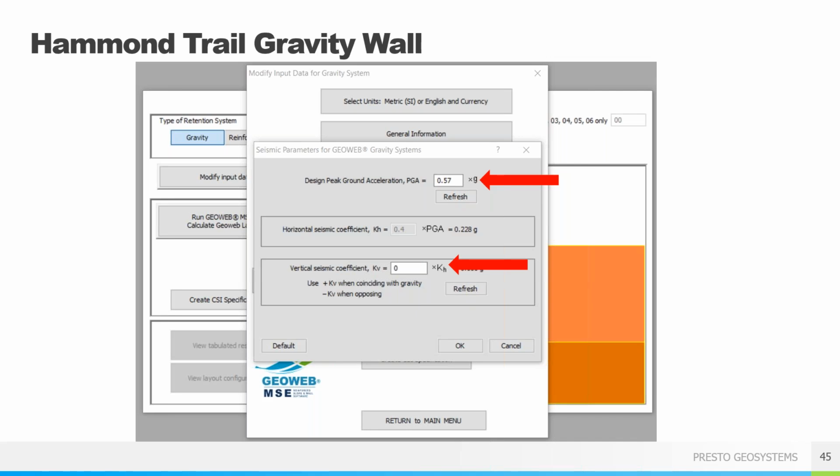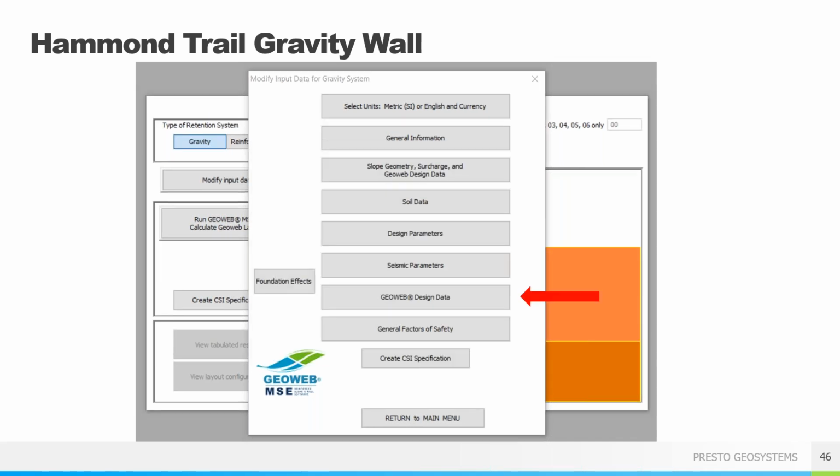So depending on where you are, you're looking at some different type of coefficients, and also depending on local regs, you may have to look at some vertical seismic coefficients that also may be addressed. This really is a function of the horizontal coefficient and needs to take gravity into account. So if you need any help with those, let us know. We can help you with any vertical.